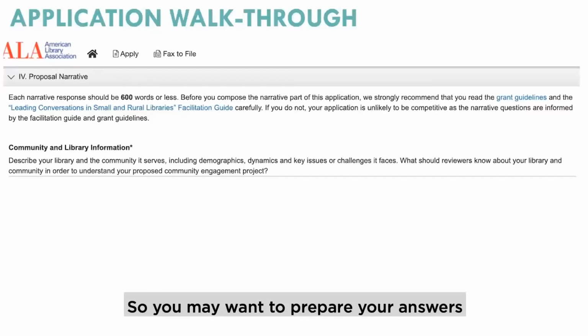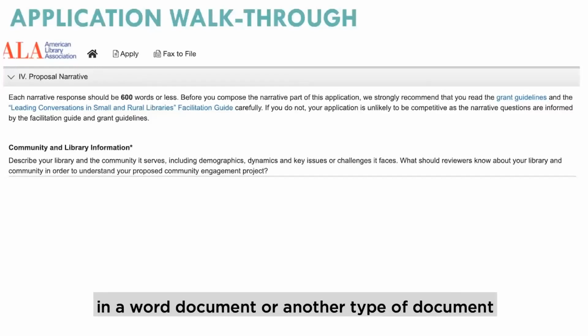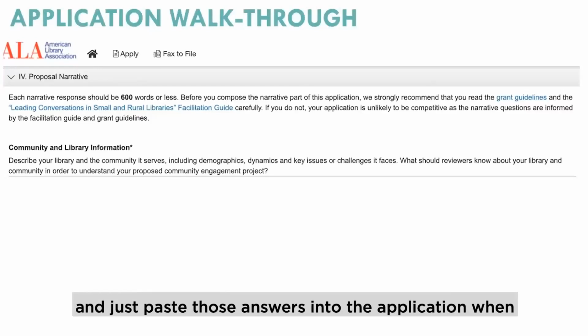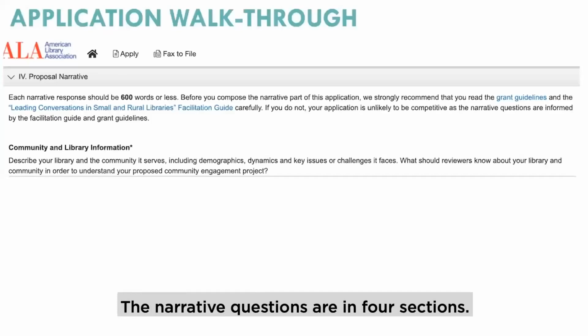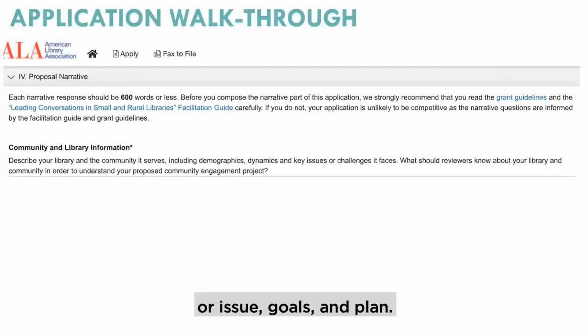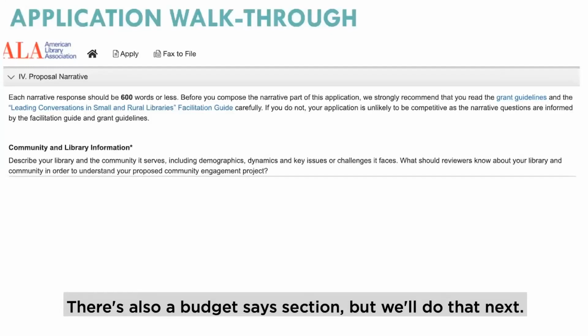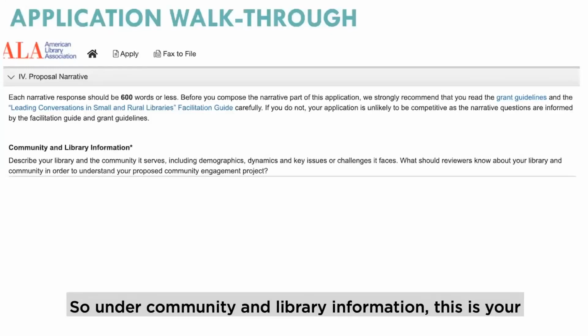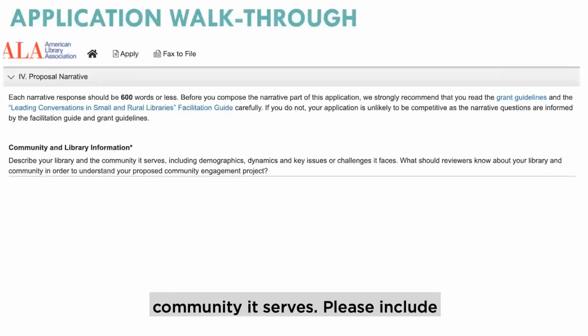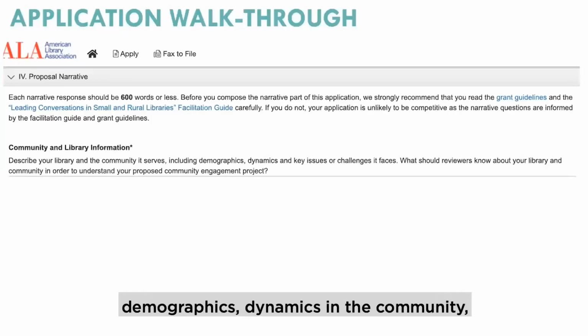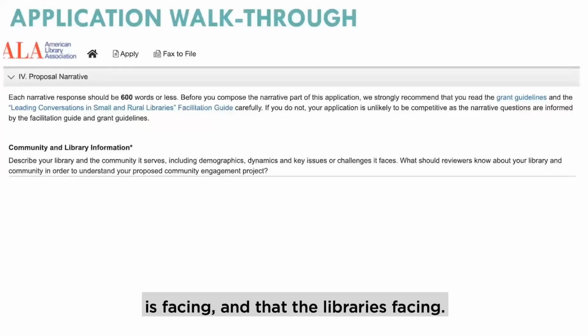You may want to prepare your answers in a Word document or another type of document and just paste those answers into the application when you're ready. The narrative questions are in 4 sections: community library information, topic or issue, goals, and plan. There's also a budget section, but we'll do that next. So under community and library information, this is your opportunity to really describe your library and the community it serves. Please include demographics, dynamics in the community, key issues or challenges that the community is facing and that the library